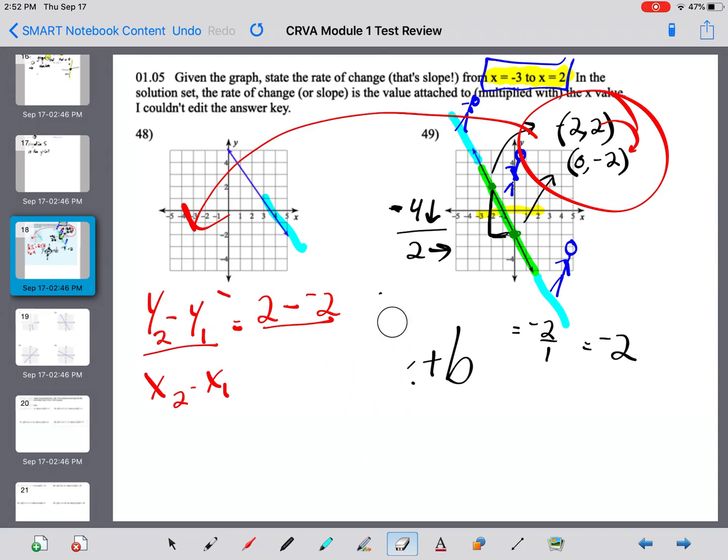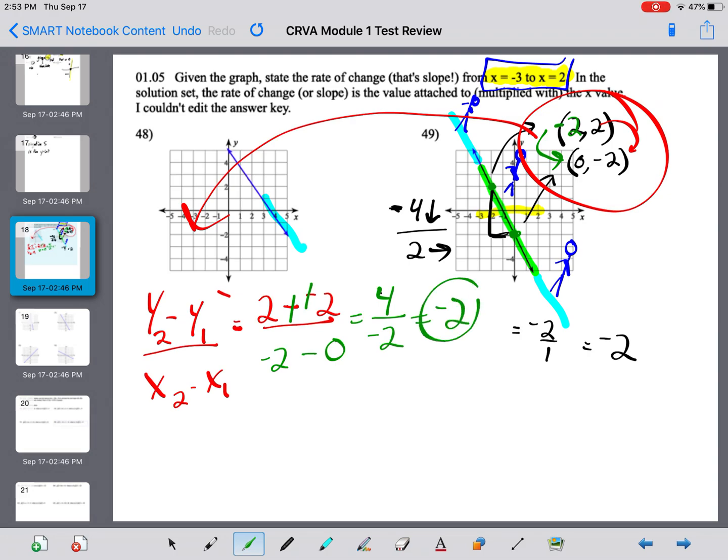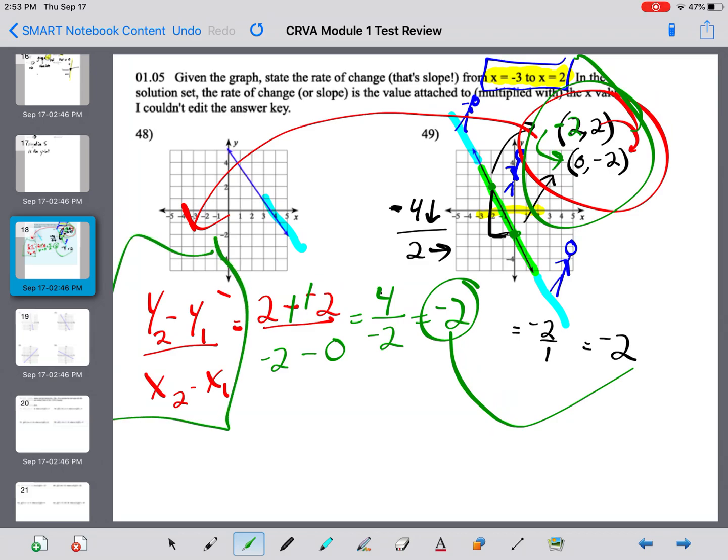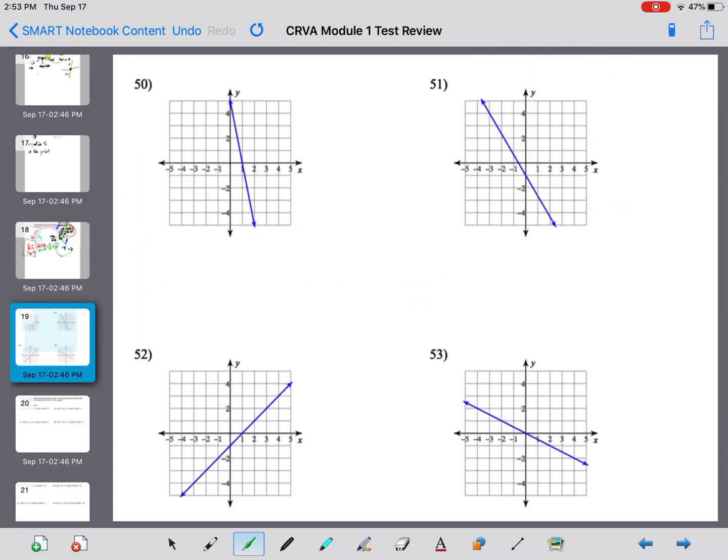On the bottom of the fraction bar, you again start with this x, which is negative 2, and subtract that x down there. So negative 2 minus 0. And when you subtract a negative, it's the same as adding a positive. So you get 4 over negative 2. This fraction is equivalent to negative 2. So it doesn't matter. You can use the graphing version or actually write down 2 coordinates and use the slope formula. Whichever way you want to do it. I'm going to do number 51